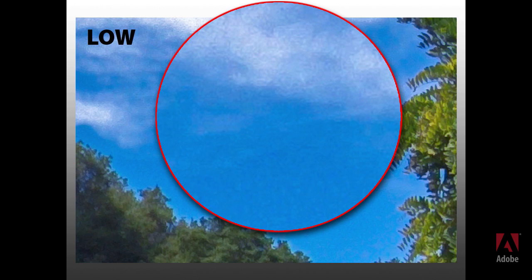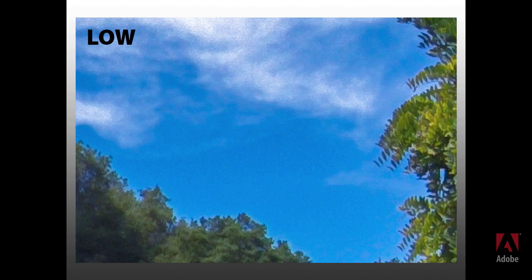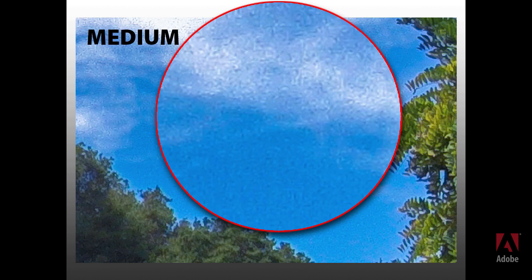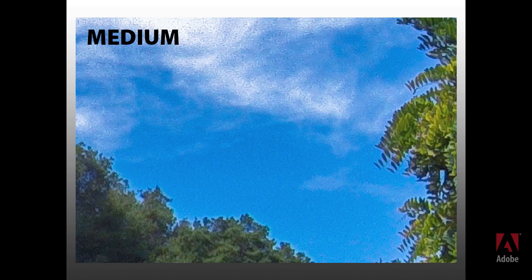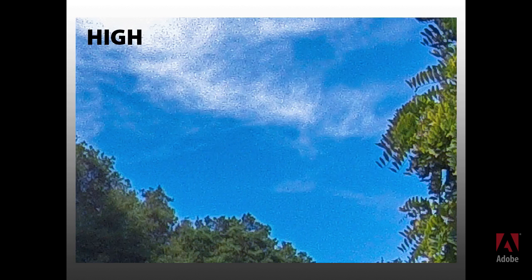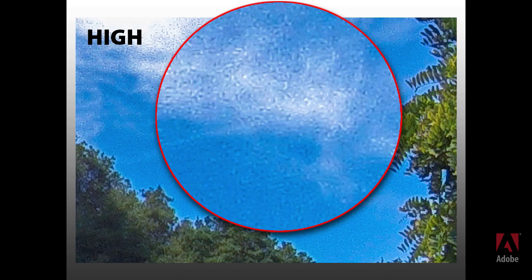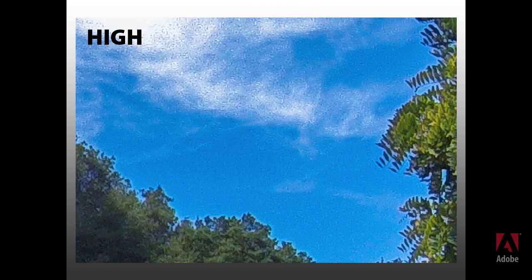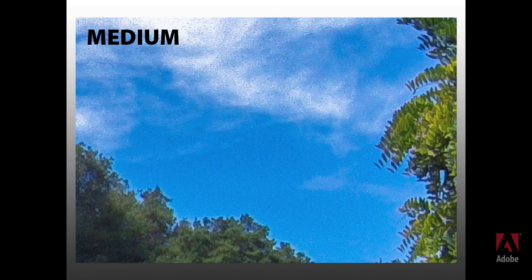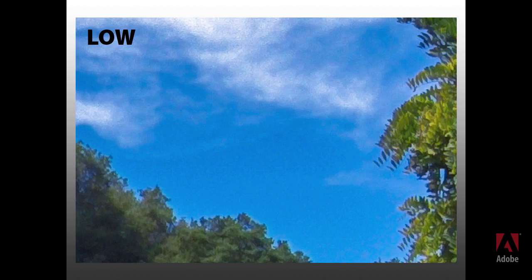Notice the clouds here in the center right here. Now watch when I shift to the medium setting. Notice how the noise has increased in the sharpening of the center section here in the clouds. And then here with the high value of sharpening, the noise has even increased to this value. If I review back through these again, you can see why professionals around the world choose medium, and I'm actually